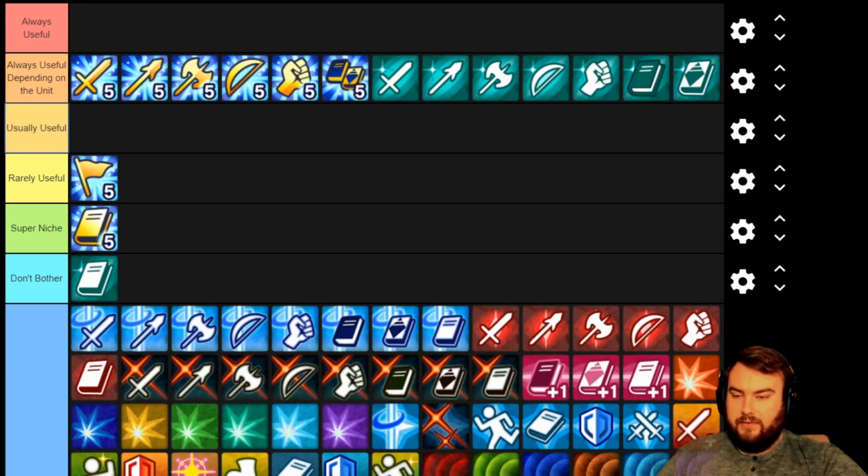Alright, now we got the evade skills. Sword Evade, I think these are... the evade skills are rough, because I feel like you need an actual build to go along with them for them to be really great. Like, say you pair Lance Evade on a Falcon Knight, and Falcon Knight gets plus 10 evade, with,